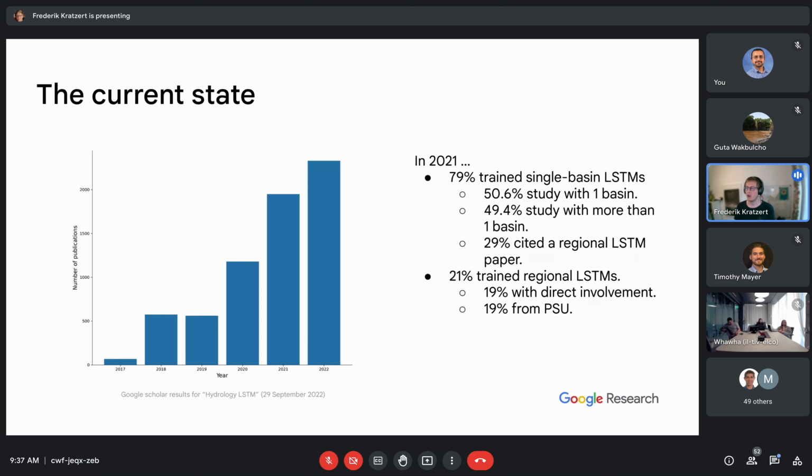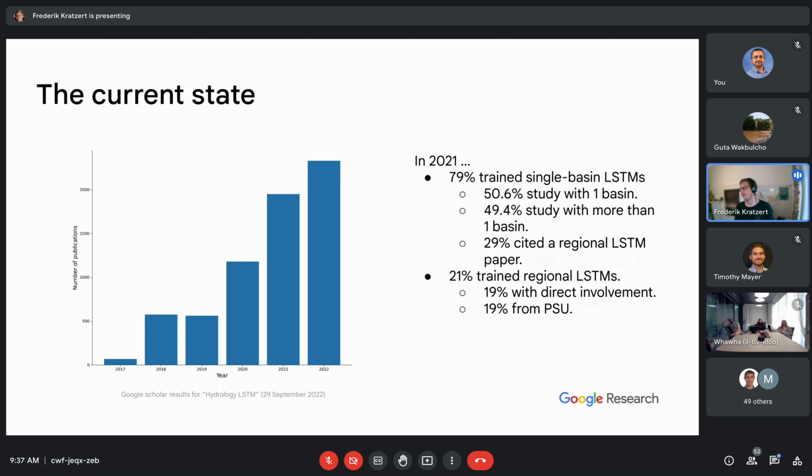And actually, almost 80% of all publications still trained LSTMs as single basin models, even though the regional model papers were 2 years old, or almost 3 years at this point. And over 50% of these 80% did a study including only a single basin, and the remaining almost 50%, so it's almost a one-to-one split, trained single basin LSTMs, but at least included more than one basin in their study.